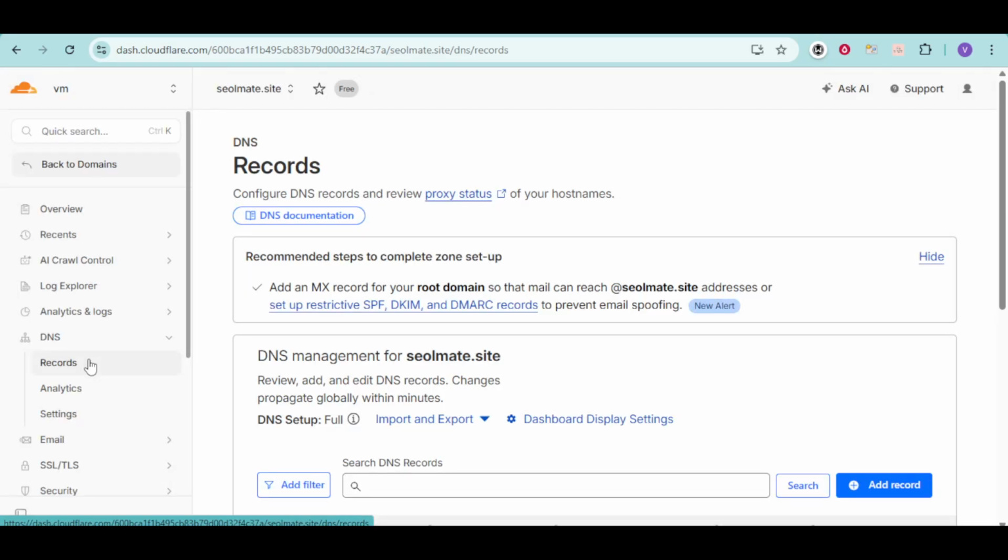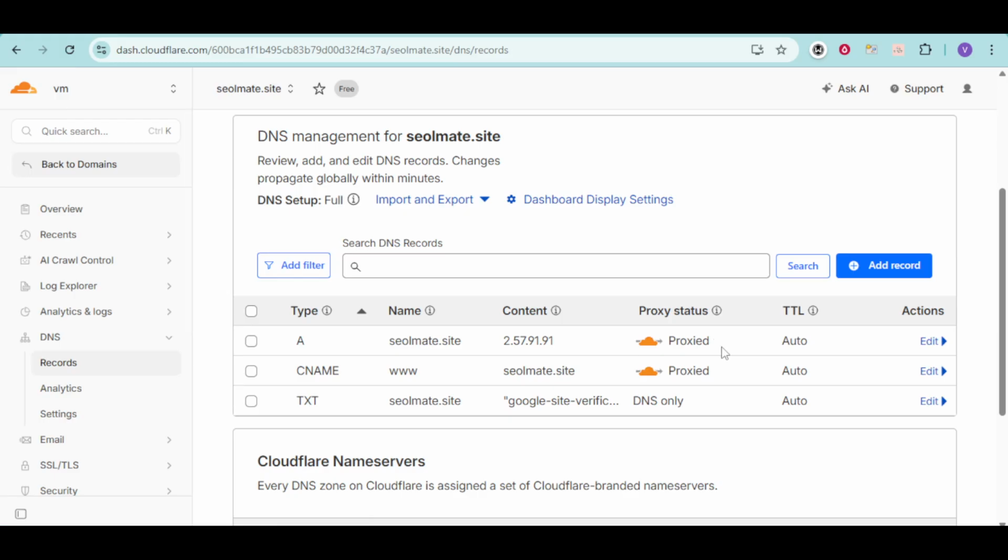Inside the DNS records area, your goal is to make sure your records match Shopify's current requirements exactly. Even a small mistake here, like a typo or an extra record, can cause that Cloudflare proxy error or prevent your store from loading at all. Start by looking for the A record with the name set to the root of your domain, often shown as the @ symbol. This A record should point to Shopify's IP address. According to Shopify's 2026 requirements, that IP address needs to be